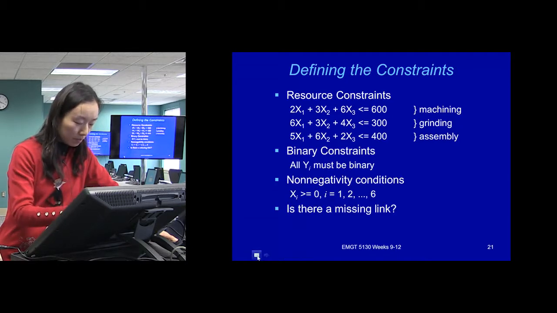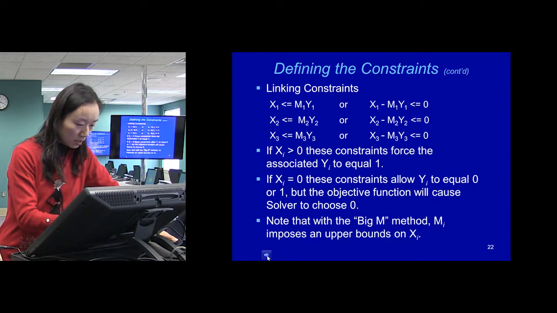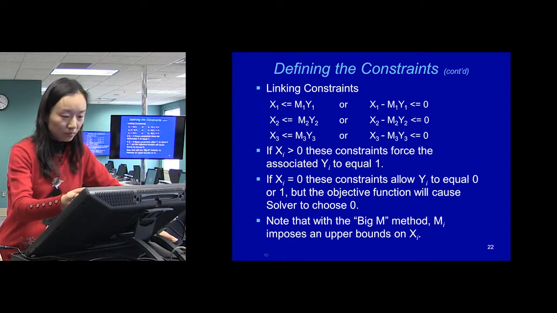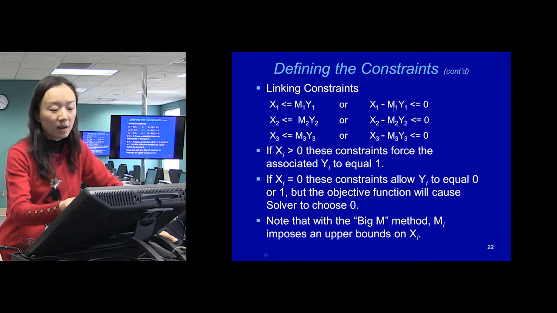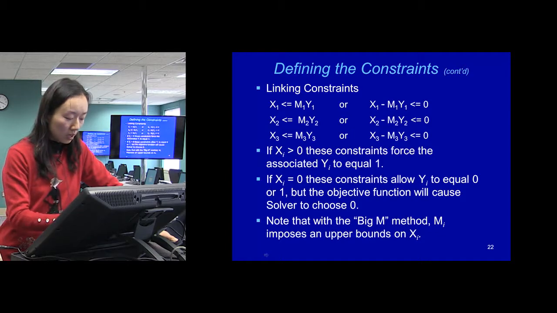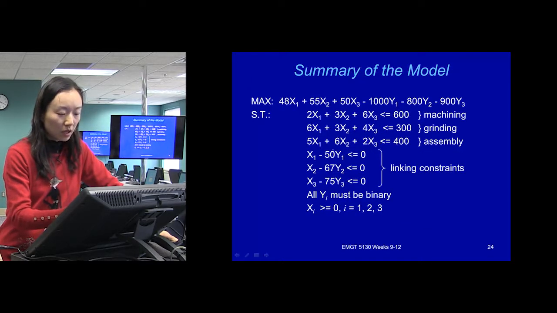Okay, so that's the process. So we came up with the basic variables, basic constraints. We find there is a missing constraint. And here, when we went through it, we find those big M first. Those big M represent the maximum value that your xi can be, like the 50 there. And on the slide, I showed a specific way of finding the maximum value. So here will be the final constraint. For x2 and x3, you identify what's the maximum value you can get for 2 and 3.